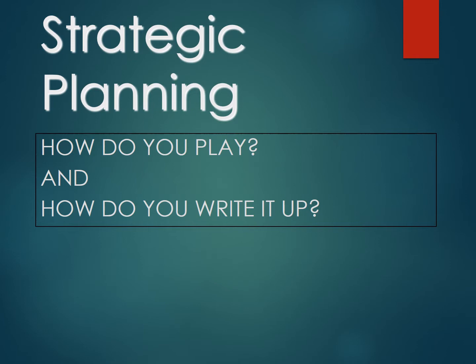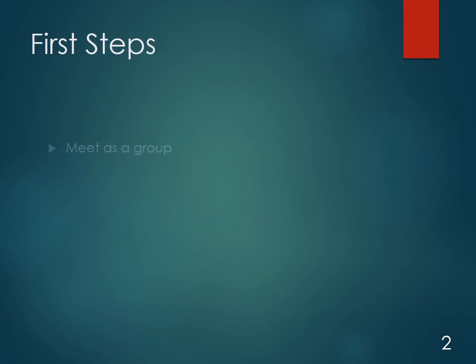So, what are the first steps you need to take when you're doing this? Well, the first step is to get together with the groups and organisation, the people you're going to be working with. Any strategic planning is going to require you to work with other people, and for that you need to understand how people are going to be working together. There are various theories and models you can look at, and they will be available elsewhere in videos, some of which I'm making, such as Tuckman, and there are certain ways of looking at how you work together, such as Belbin.